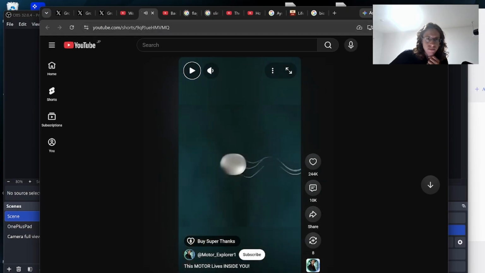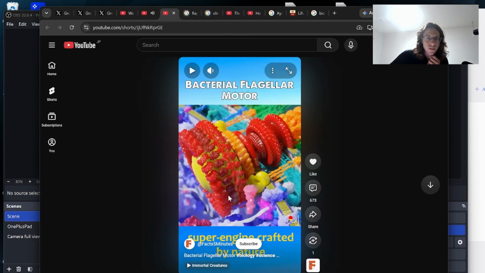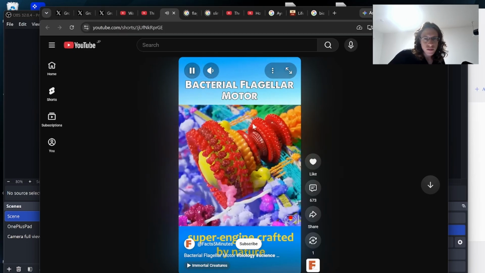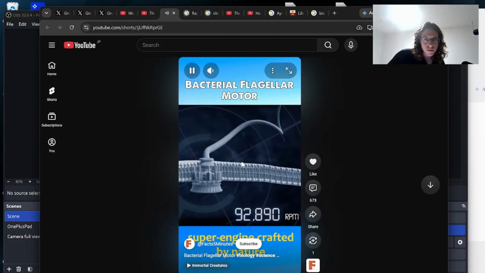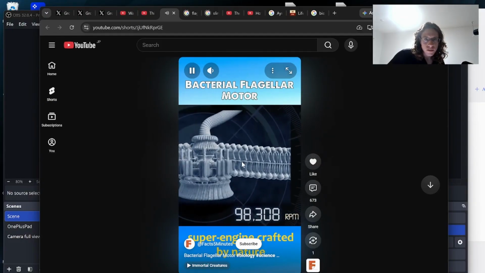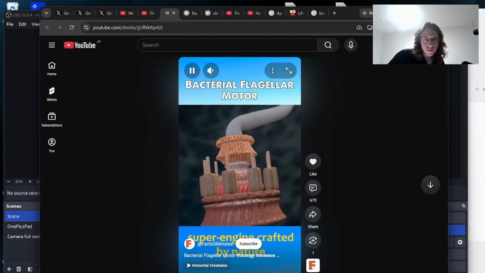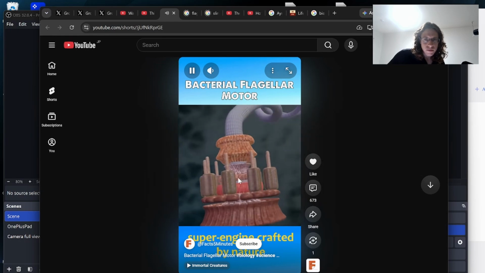Ironically, nature. Yeah, so maybe another one. Mechanical structure but a super engine crafted by nature. It can achieve speeds ranging from 22,000 to 100,000 RPM, with energy conversion efficiency far surpassing any engine ever built